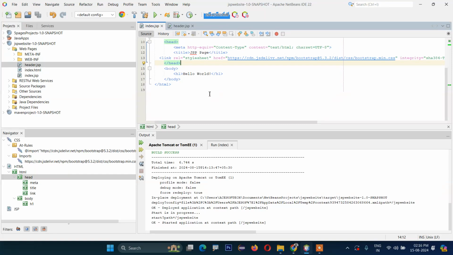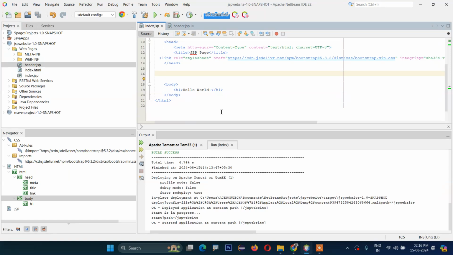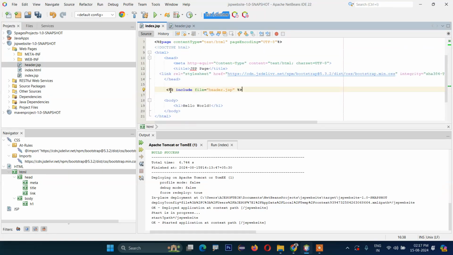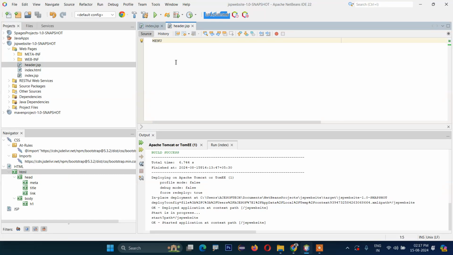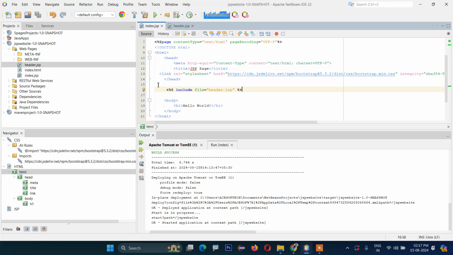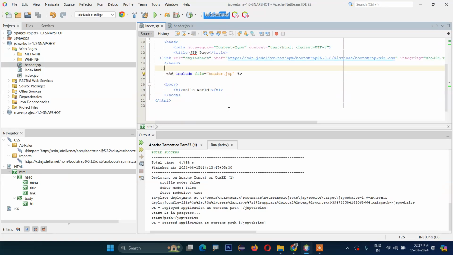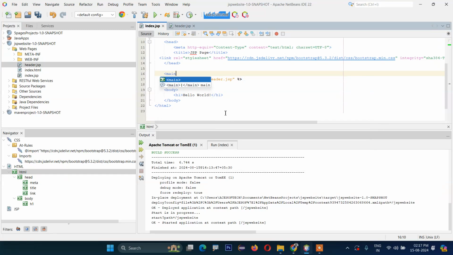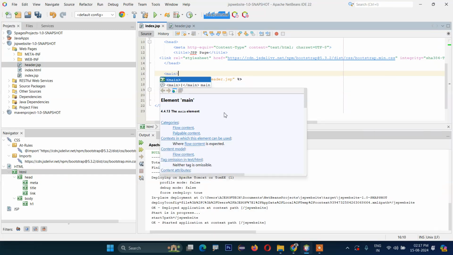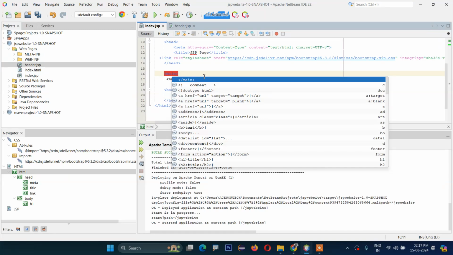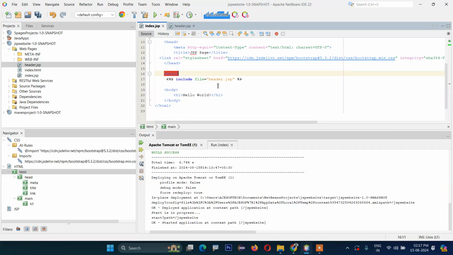Inside index.jsp, we will call header.jsp, and the syntax is here. You can see <%@ include file="header.jsp" %>, and then the closing tag. Inside index.jsp, we are calling this menu. Okay, and let's do one thing. Let's write here main, the whole structure, and then we will close the main tag,